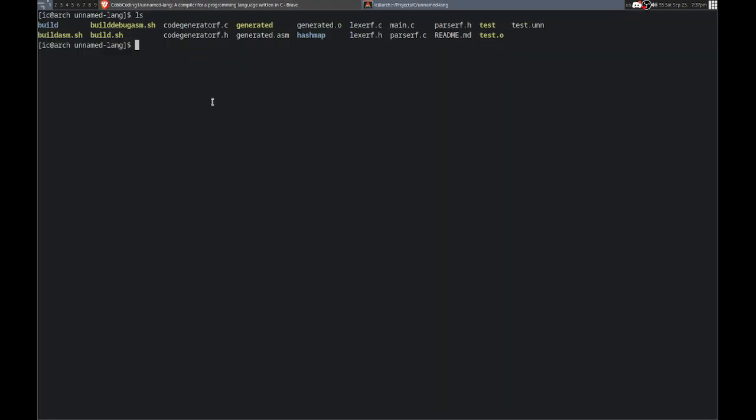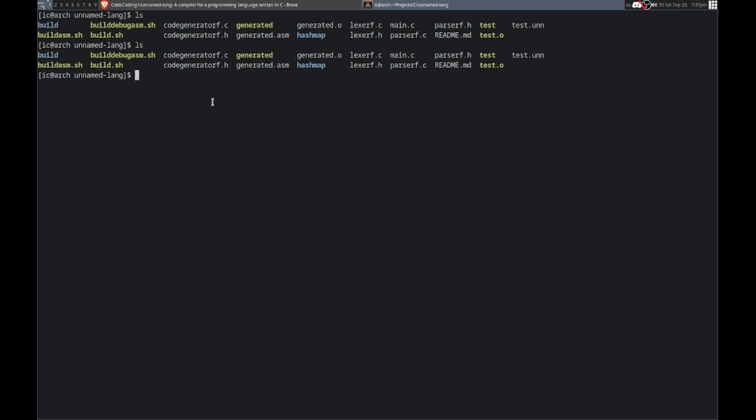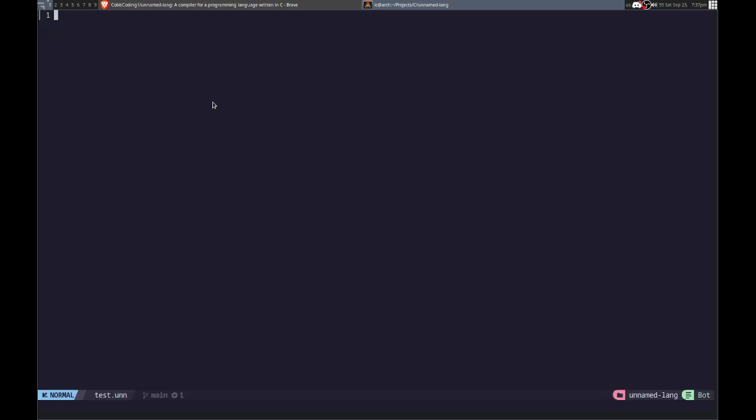Alright, so I've done some work since the last stream. If I open the test file, while loops are mostly working. There's some problems with it, but I'll get into that. I also added less than and greater than. So let's do while i is less than 1, and then x equals x plus 1, and then we'll just exit with x, and it should be